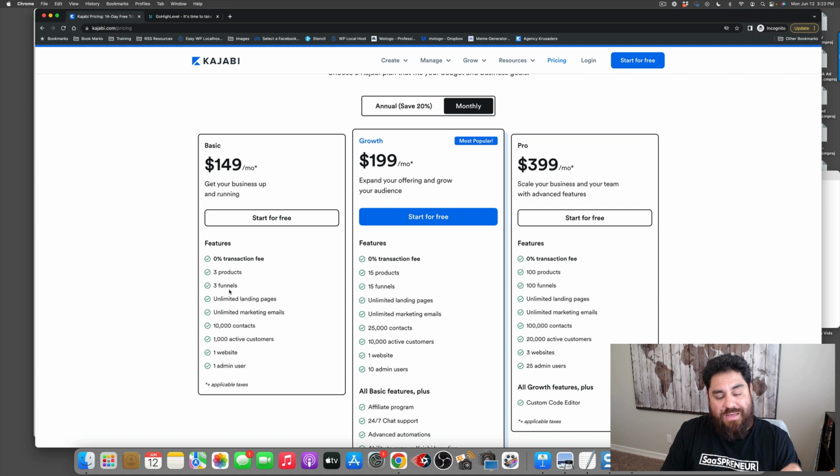marketing, which, by the way, I found out that even though it says unlimited, there is a monthly quota that limits the amount of emails that you're able to send per month, and then you have to get those things reset by support at some point. They give you 10,000 contacts, 1,000 active customers, and 1 website that you can build out on their lower tier